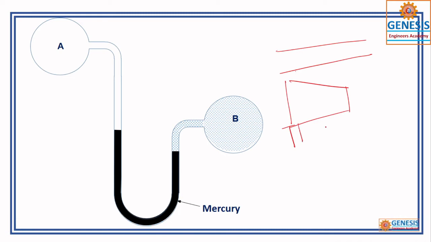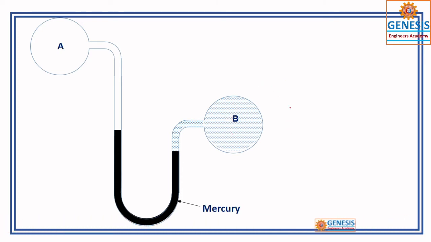What is the pressure here? What is the pressure here? You can connect it like that also. If there is a pipe, or otherwise a valve, in between, you can tell whether a drop in pressure is there or not. That is also useful to find out whether there is a loss in pressure with the differential manometer. One end of the differential U-tube manometer is connected to pipe A, and the other is connected to pipe B. So what would happen?